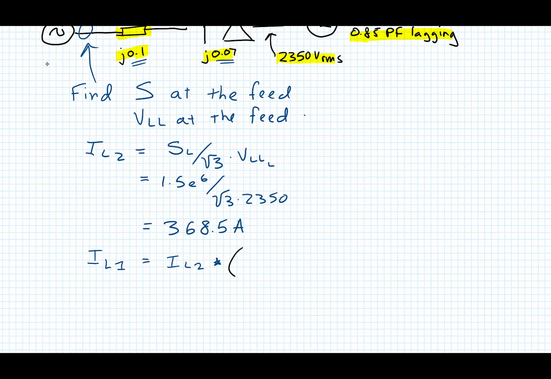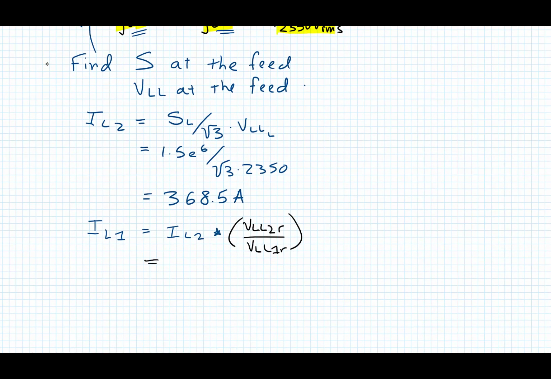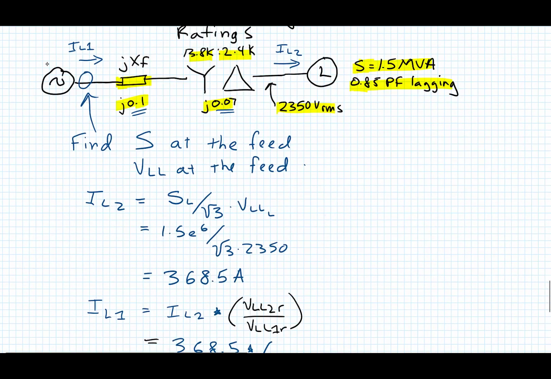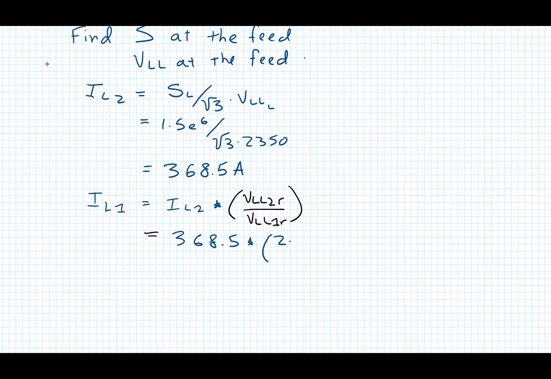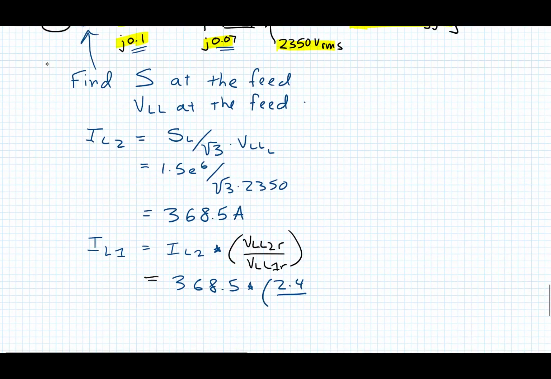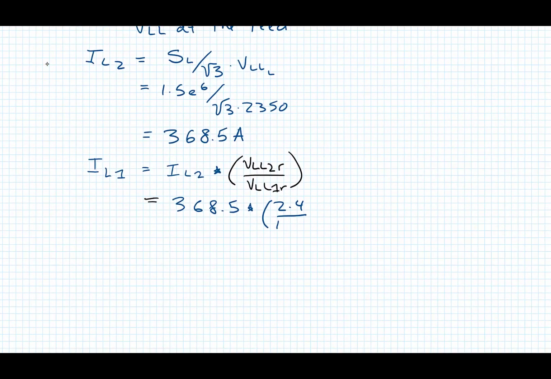So that's actually the ratings of the transformer. So this is V line to line 2 rated over V line to line 1 rated. So the actual answer is 368.5 times the 2.4 kV divided by the primary line to line 13.8. And so we're going to have 64 amps being fed in